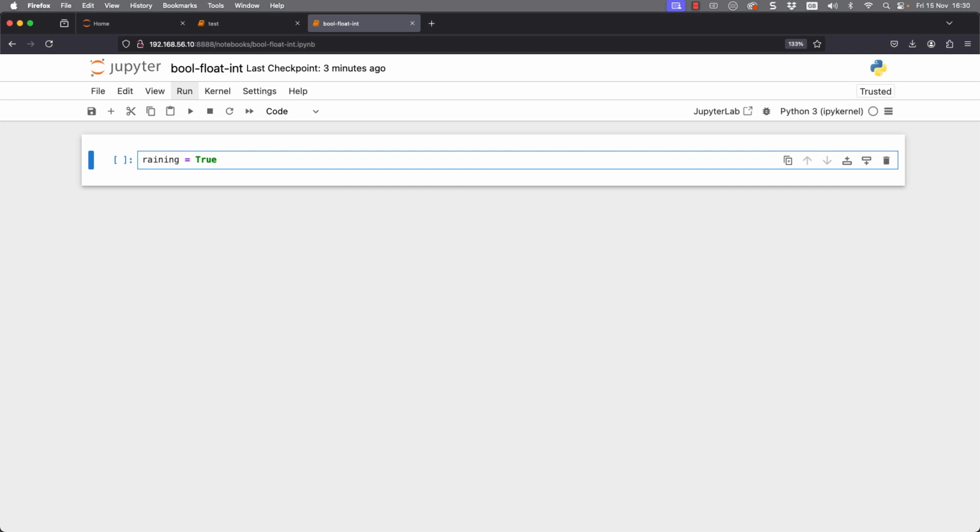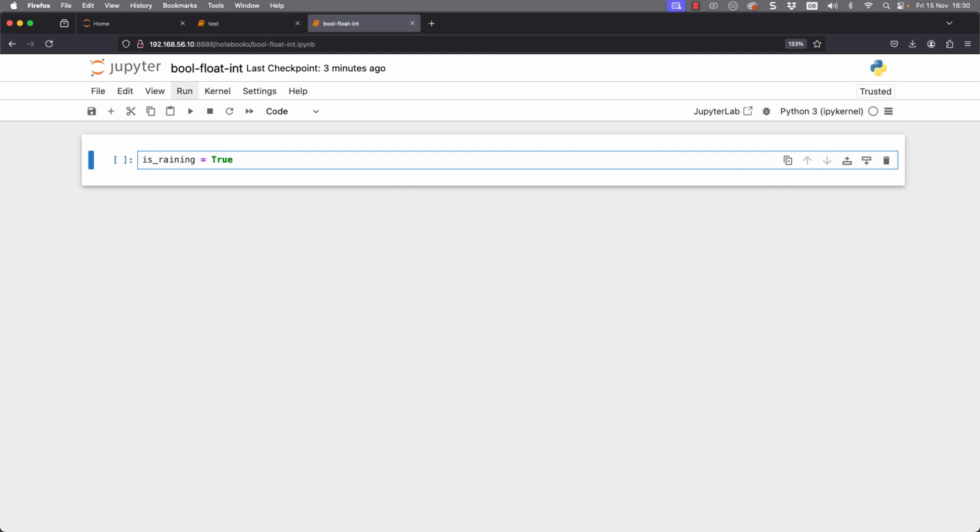But if I look at my variable, very often with these Boolean values, we would call the variable something like this, is underscore raining. It's going to be a lot easier to understand the purpose of the variable if we put something like is underscore in front of Boolean values, because it's a simple test, yes or no, true or false, remembering that we can only use true and false values.